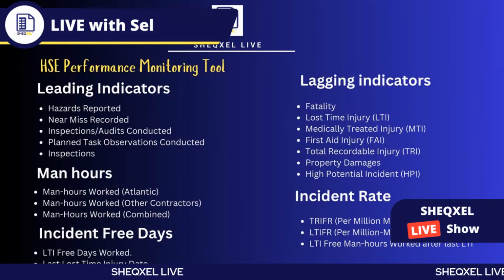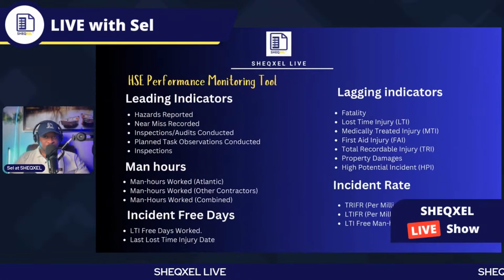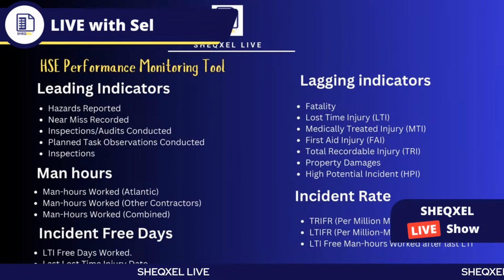All right, so basically we have this set of indicators, right? We have the leading indicators, we have the lagging indicators, and we are supposed to account for man hours, both the client and the contractor, and the combination of the two. So a total of the man hours, we're going to be doing that. We're also supposed to be accounting for the incident free days, so we're going to be inserting a calculation for incident free days, and also making sure that there's a calculation for the incident rates, and that is going to be based on the 1 million standard